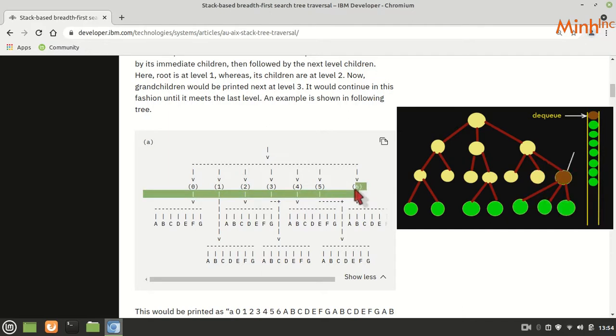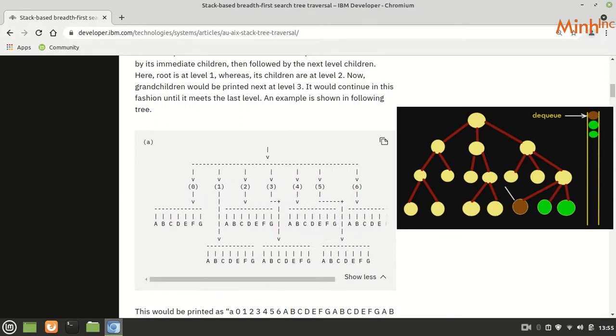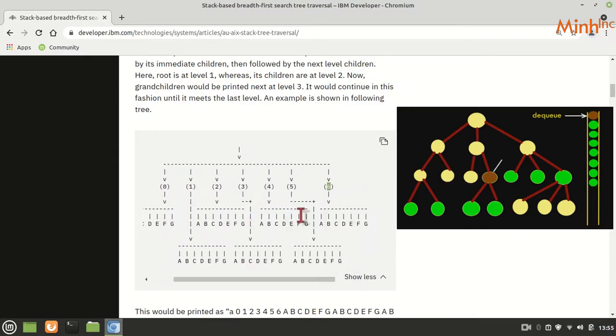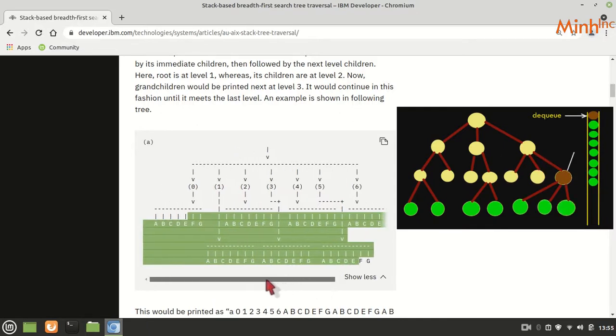If I dequeue 6, I am going to place all these children in the queue. The idea of traditional BFS is that we maintain a queue. When I dequeue the last element in a layer at a particular level, say level 1, then all its children at level 2 should be inside the queue.